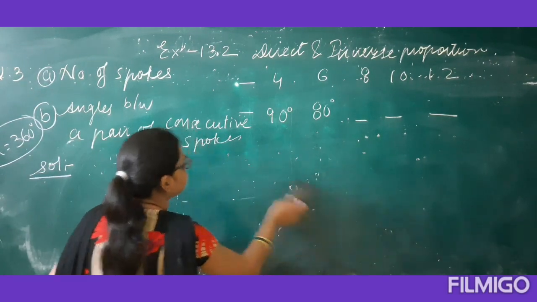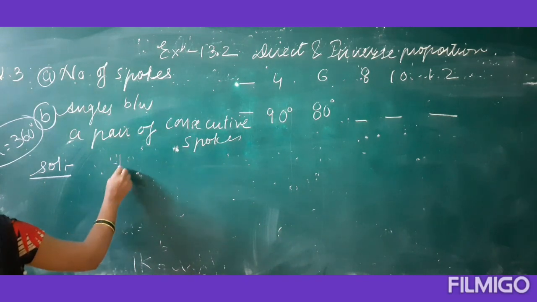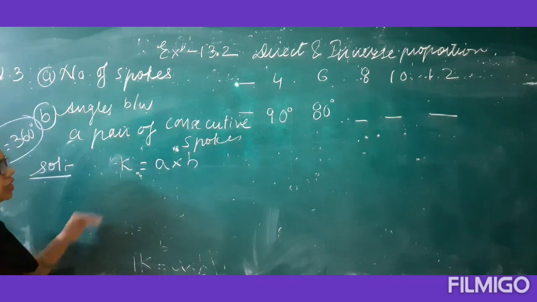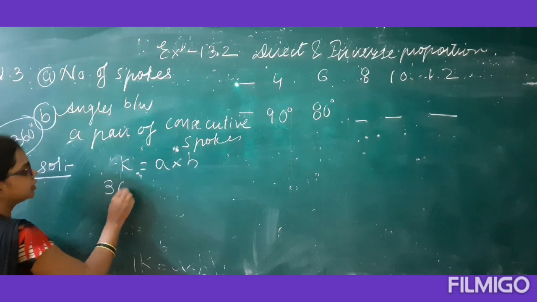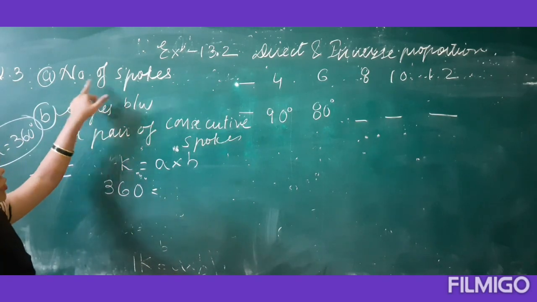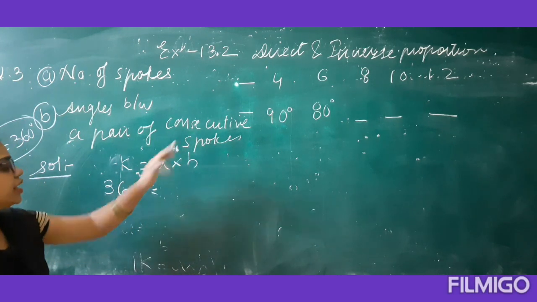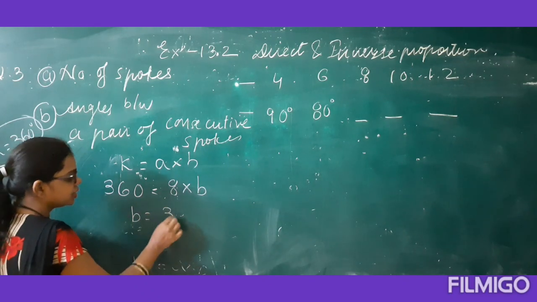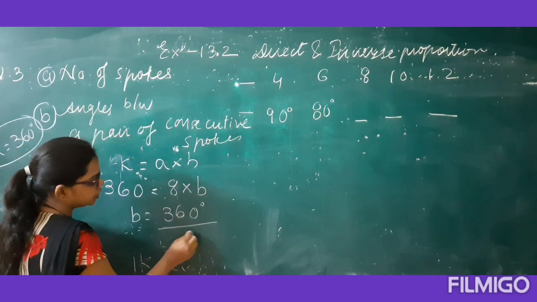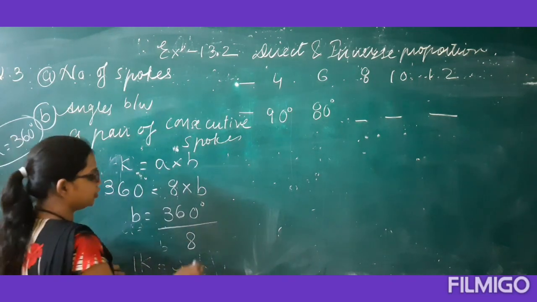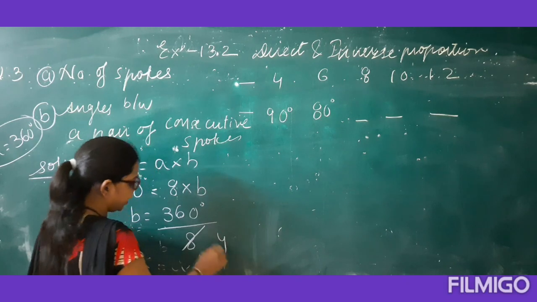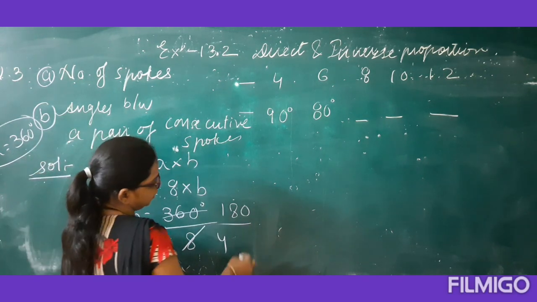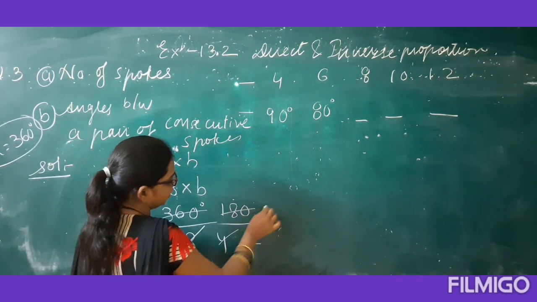What is given to you? Now here you know k equals what? A into b, and the value of k you know is 360 degree. Here in the first, the number of spokes is given, means A is given, so A is 8 here. B you can find out. So from here b equals how much? 360 degree by 8. Okay, so from here you can cancel out. 2 4s are 8, 2 1s are 2, 8s are 2, 0. Okay, from here 2 2s are, 2 9s are.